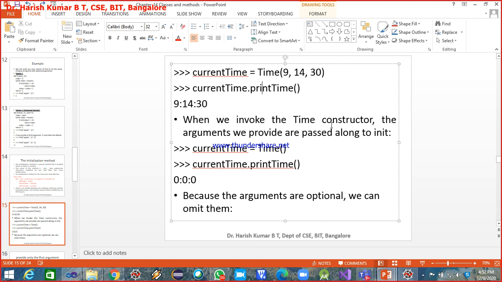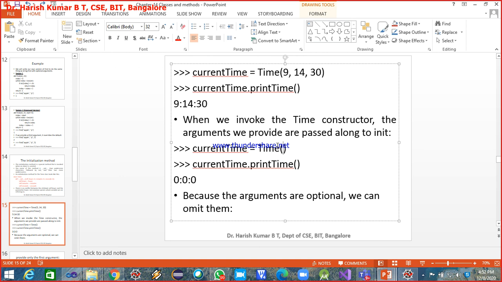So when we invoke the time constructor, the arguments we provide are passed along to init. Say for example I do something like this, current time, and I'm not passing anything now. This is something like a parameterized constructor, and this is what the default constructor is, something like that.